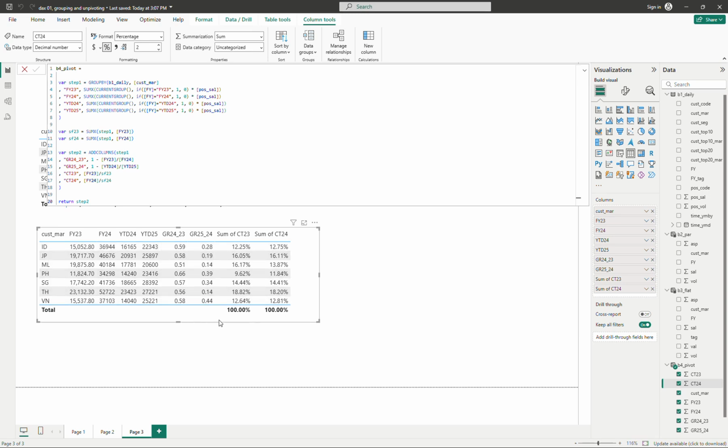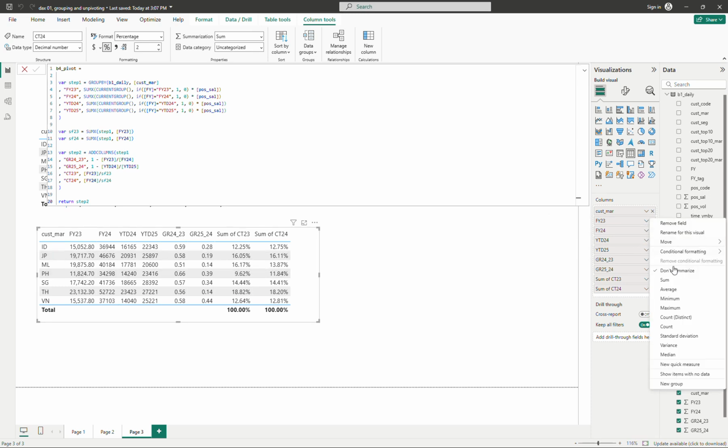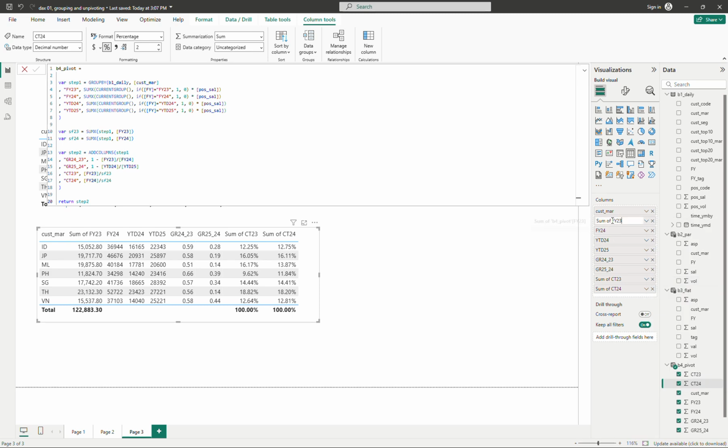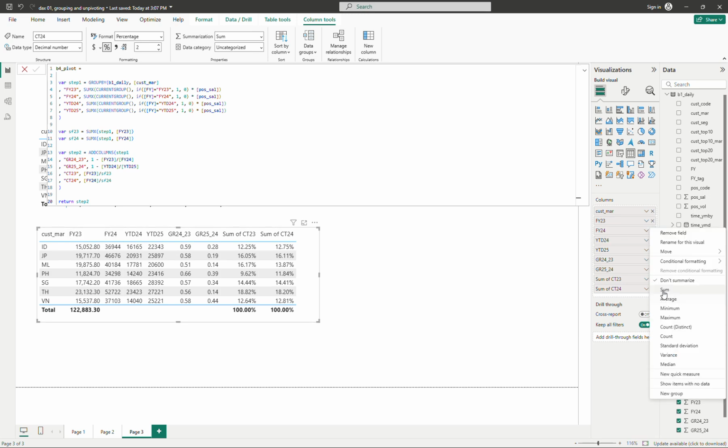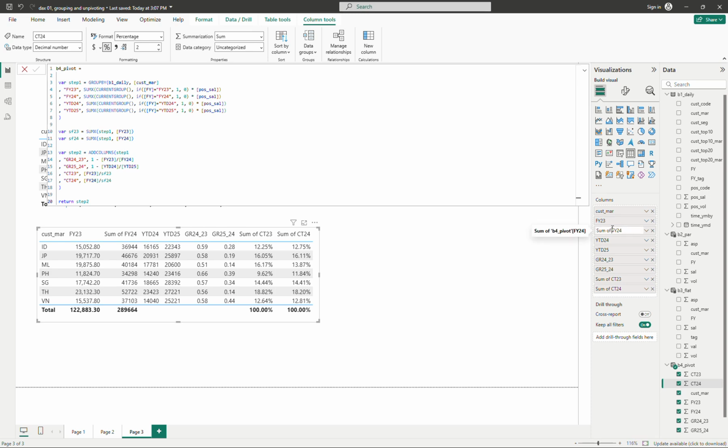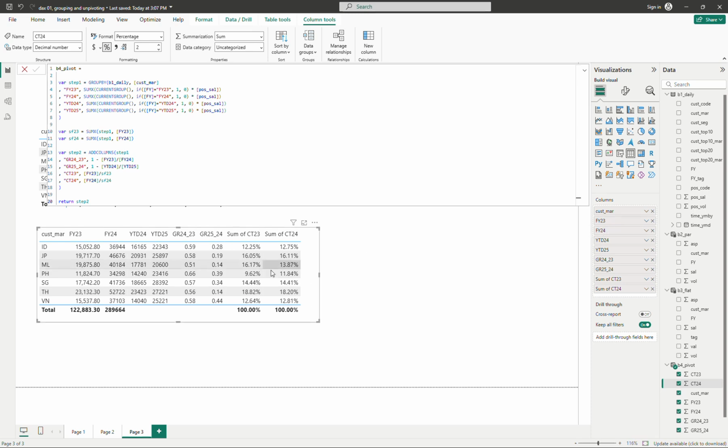Okay, so if you want to bring the total back, you can just go to sum, and then you have to manually change the column name in here. So bring this one to the sum, and then change the column name in here, and then you have the sum at the same time. So if you want to format it by the separator, then you have to click on the column one by one. So what I don't like about this approach,